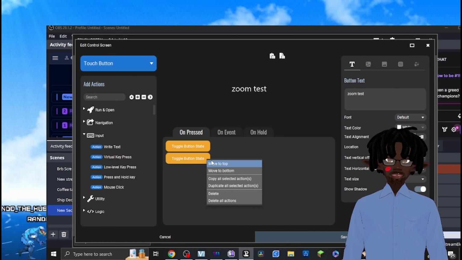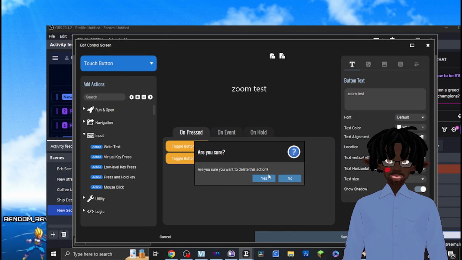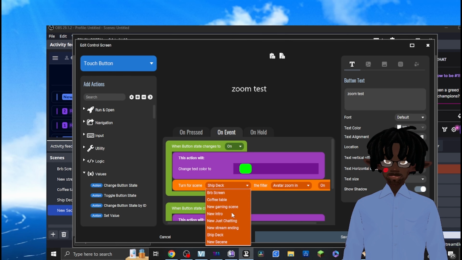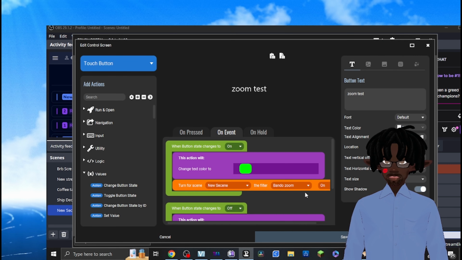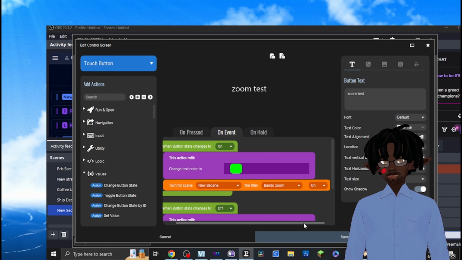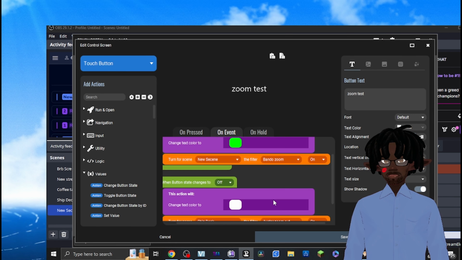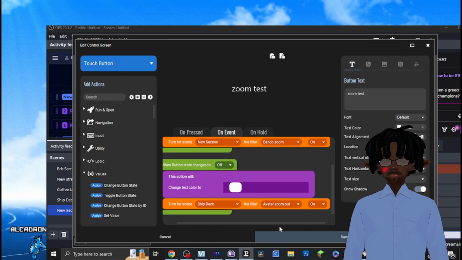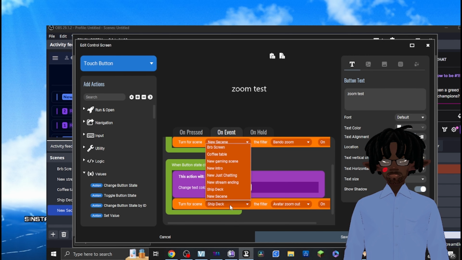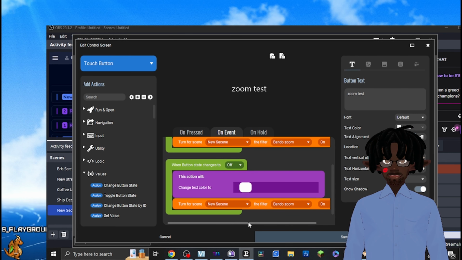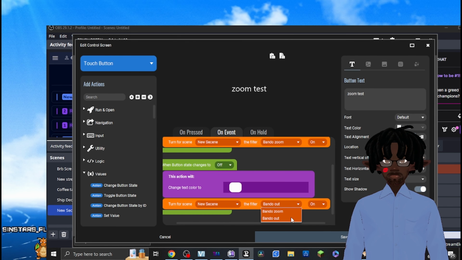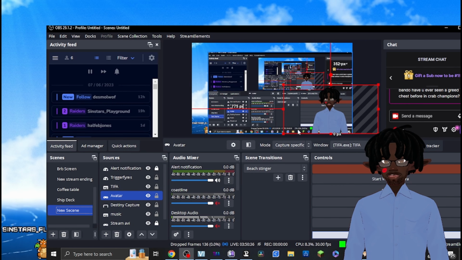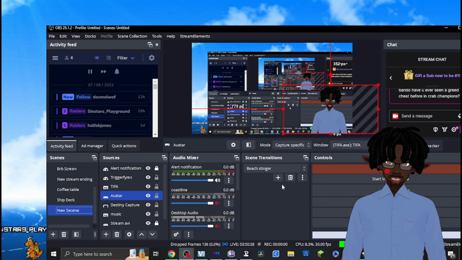Alright, so now we've got two of these. We can delete one. Yeah, we'll delete one of those actions. And then instead of ship deck, we'll go to our new scene. Filter Bando Zoom on. And we'll go to new scene. Bando out, on, and we'll hit save. So now we should be able to touch that button and